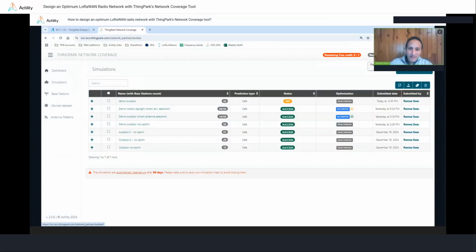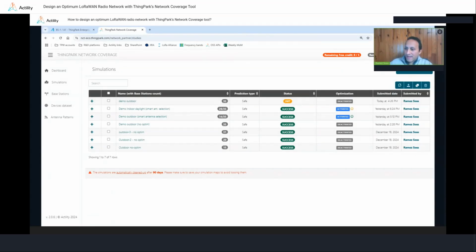One base station needed in the simulation, so one base station imported in the CSV file, counts for 1 credit in the simulation. Depending on the load on the server, the number of gateways that I add to my simulation, and also the size of the area of interest, the simulation can take more or less time. You don't need to wait in front of the simulation, although you will see that there is an interactive progress bar showing you the progress, but you do not need to wait in front of it.